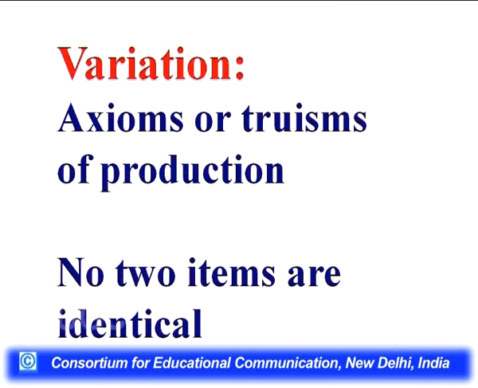Now, we will talk of variation. We will discuss what we mean by variation, axioms and truisms of production. No two items are identical. A production process is going on, a manufacturing process is going on repeatedly, continuously,